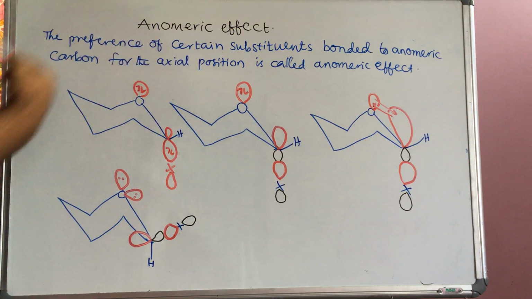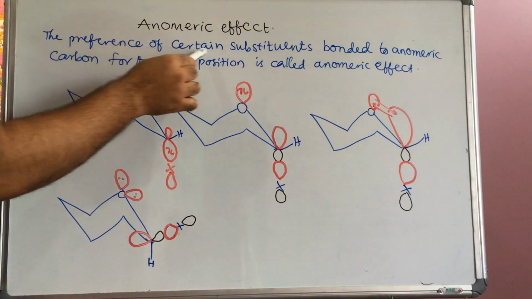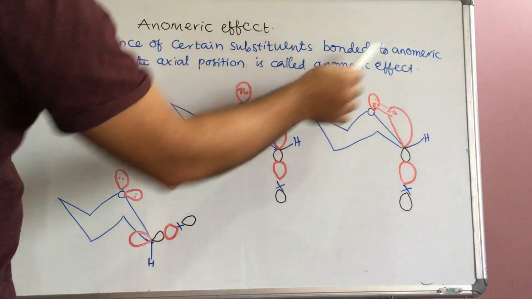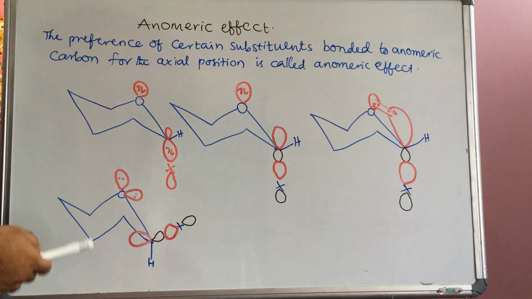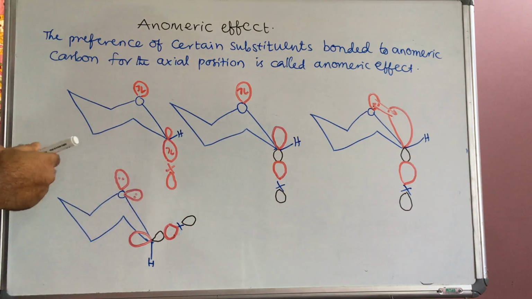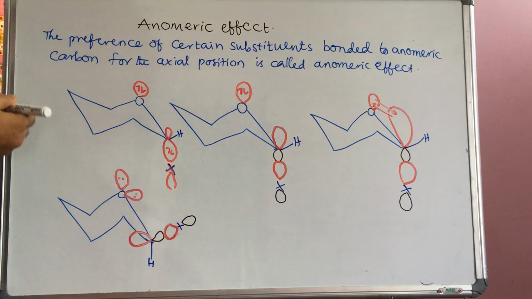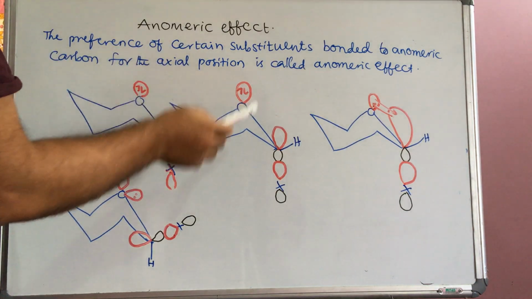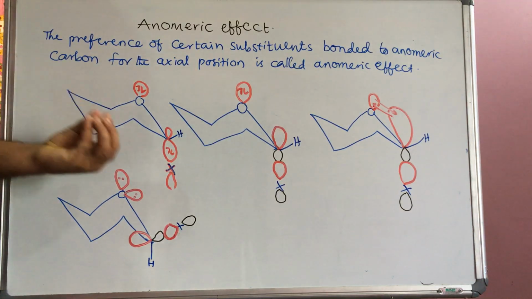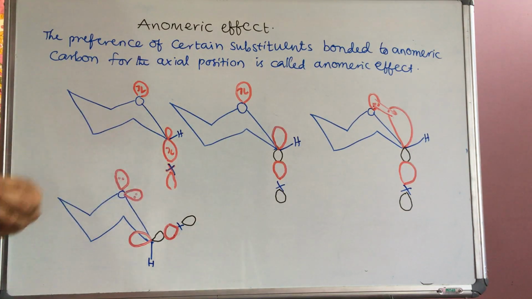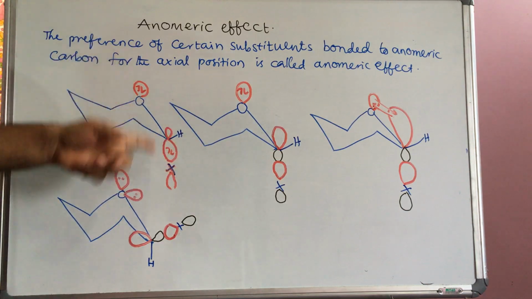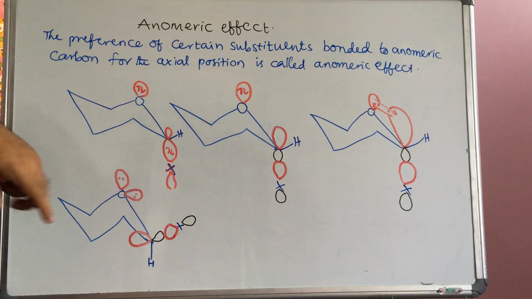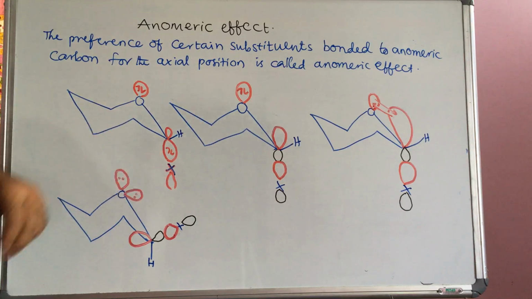What is the anomeric effect? It is the preference of certain substituents bonded to the anomeric carbon. It means some atoms or groups, generally a more electronegative atom, and that's why I took X here, will preferably be bonded at the axial position instead of the equatorial position. But in the last class we discussed that the beta form is more stable due to the equatorial position. But here some bonded groups prefer to be at the axial position only.